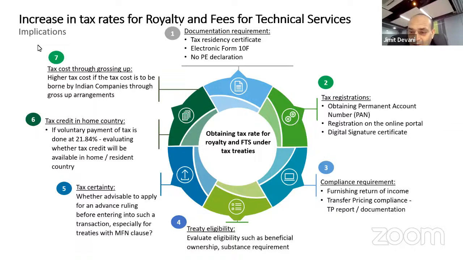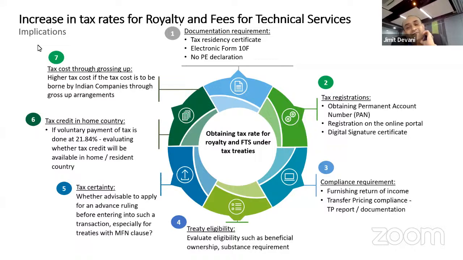Now, of course, when you are uploading your 10F, you go to the income tax portal for uploading 10F. The first thing they will ask is, please register yourself. And for registering yourself, you will require a permanent account number. So mandatorily, if you want to register, which you will have to if you want to file form 10F, you will have to obtain a permanent account number compulsorily.